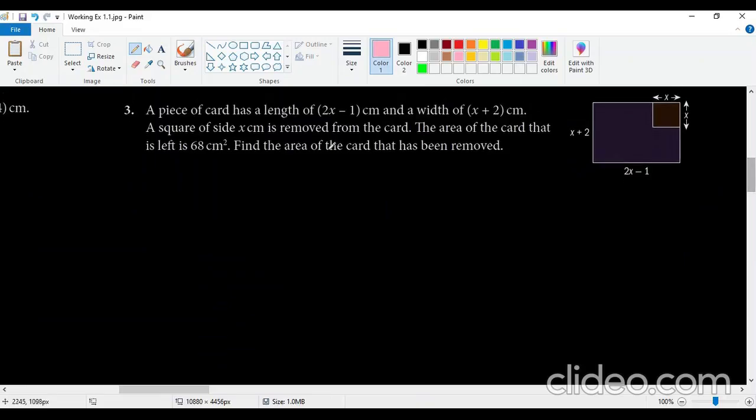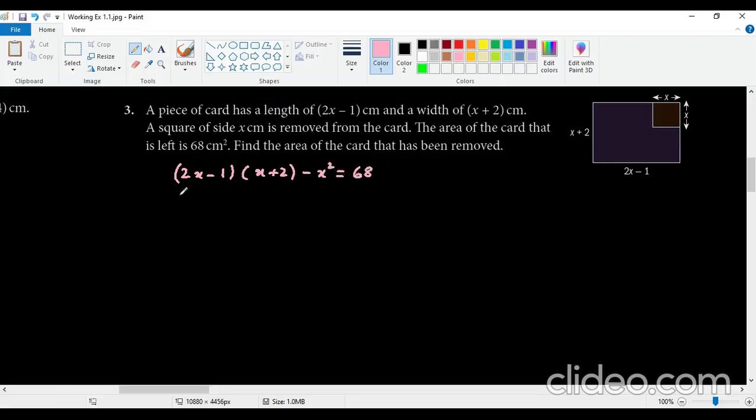In question number 3, it says 2x minus 1 is the length and the width is x plus 2. That means if it is multiplied together, it's giving you 68, and x square is going to be subtracted from that. So in that case, we are just writing this in terms of an expression: 2x minus 1 is multiplied by x plus 2, and from here x square is subtracted to give you